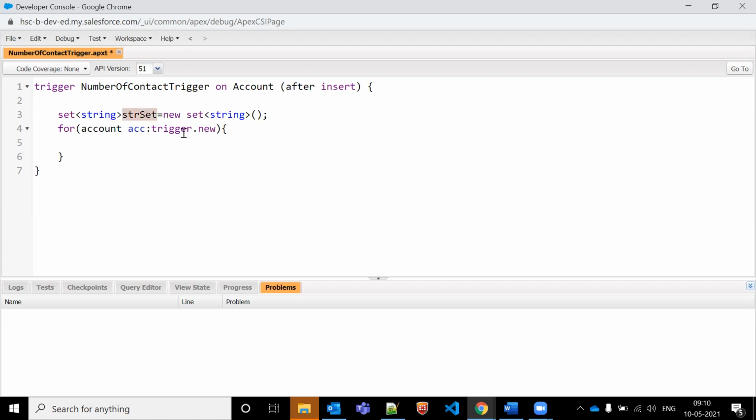So that str set, we'll do one thing, dot add acc.id. So whatever account we are adding here, we are just performing this one. So parallelly, one second, size we are getting here. So if I'm writing a for loop here,